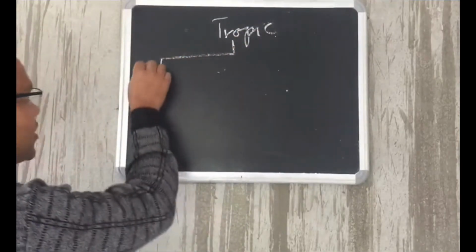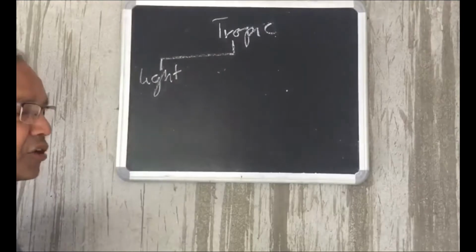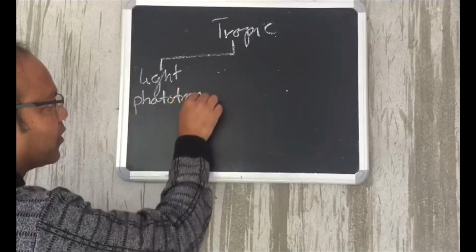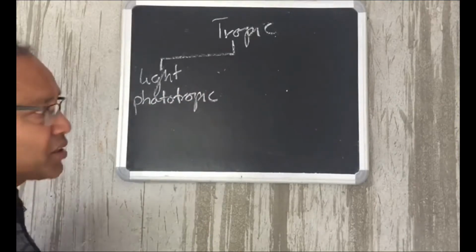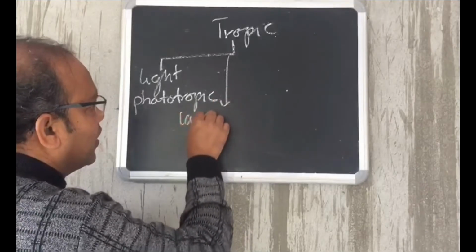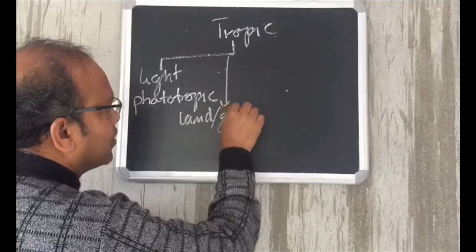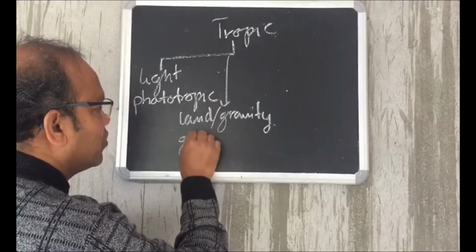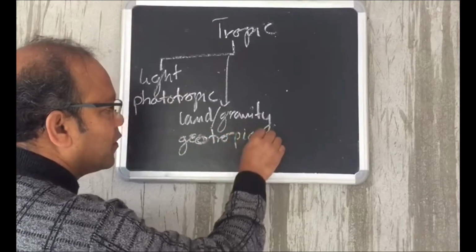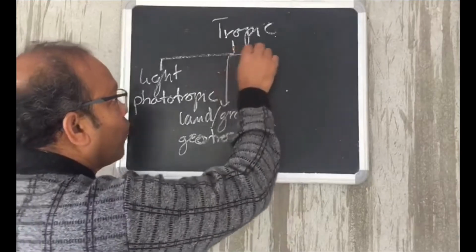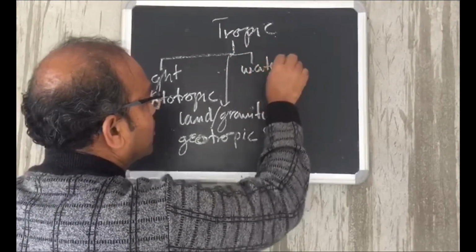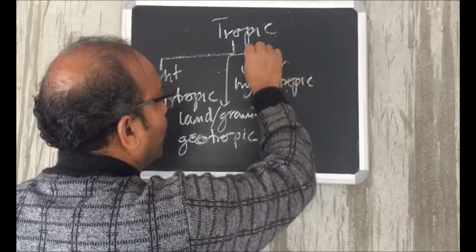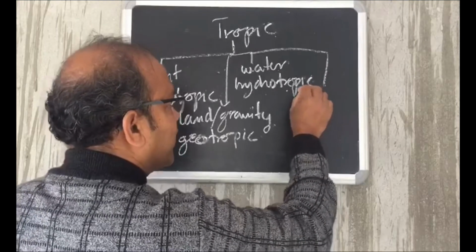Tropic movements are of a number of types. When the stimulus is light, tropic movement is called phototropic. When the stimulus is land or gravity, this is called geotropic. When the stimulus is water, it is called hydrotropic. When the stimulus is temperature,